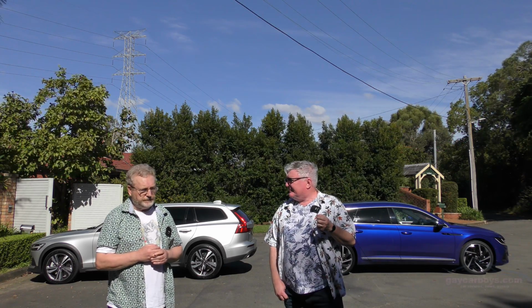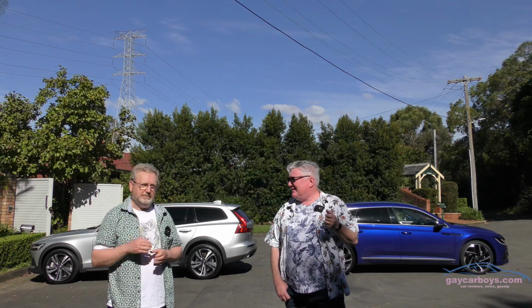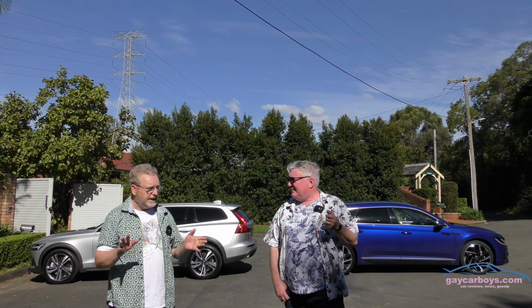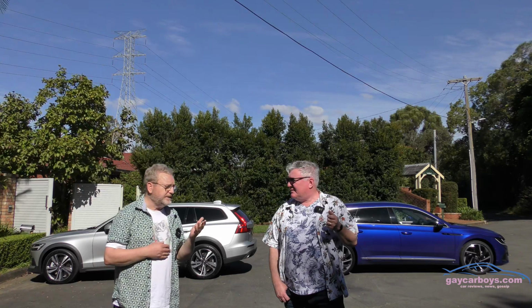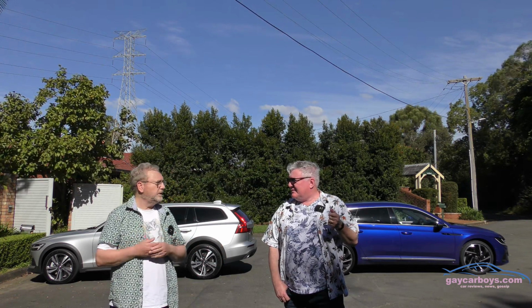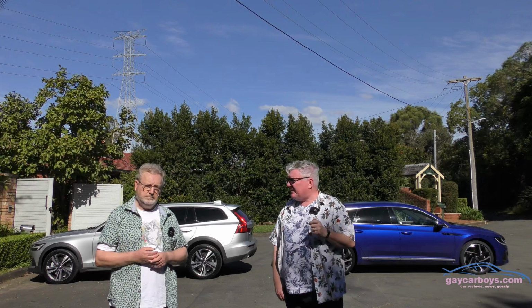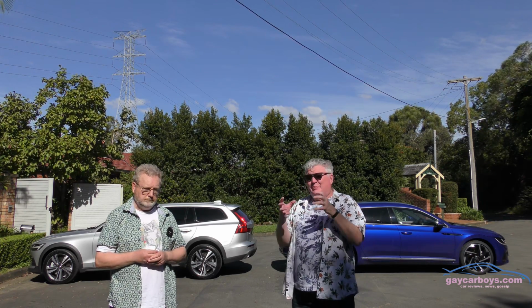Yes, yeah. Look, station wagons, I love them. They used to be big, boxy, slab-sided things. Now they're getting great style, and they've got the sedan-type price without the SUV price, yet they've got a lot of room. Absolutely, and the reason we've picked these both is because they are within a cooee of being the